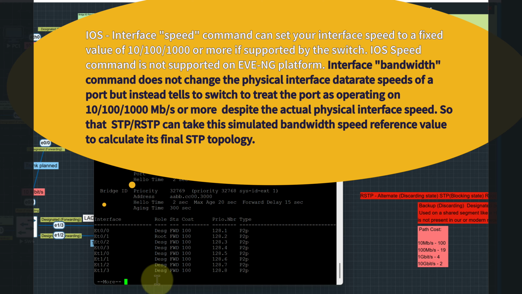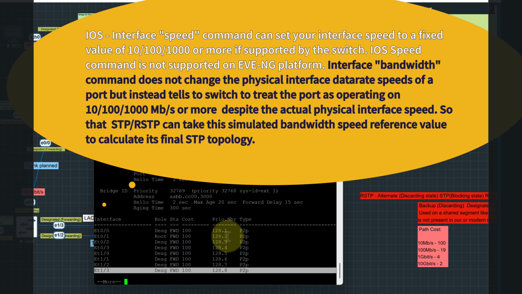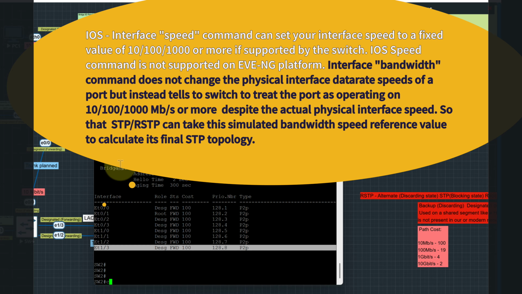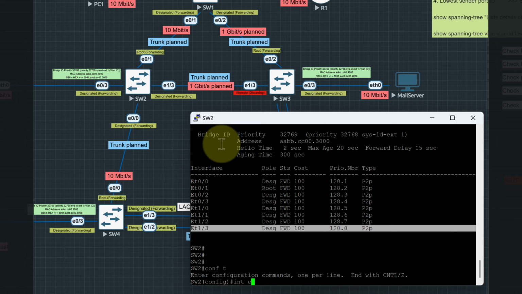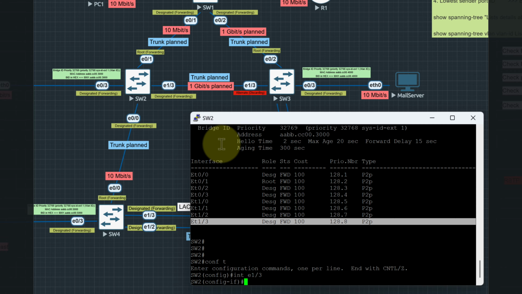We see that the switch Ethernet 1/3 has a cost of 100 and we are going to change it to gigabit per second. Let's say configure terminal, interface E1/3,